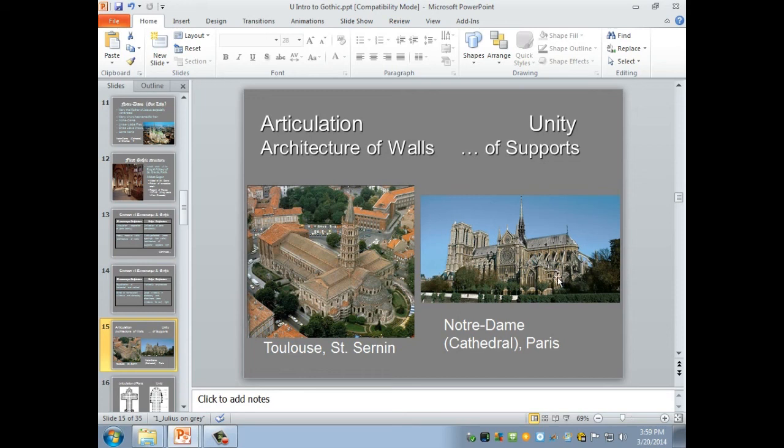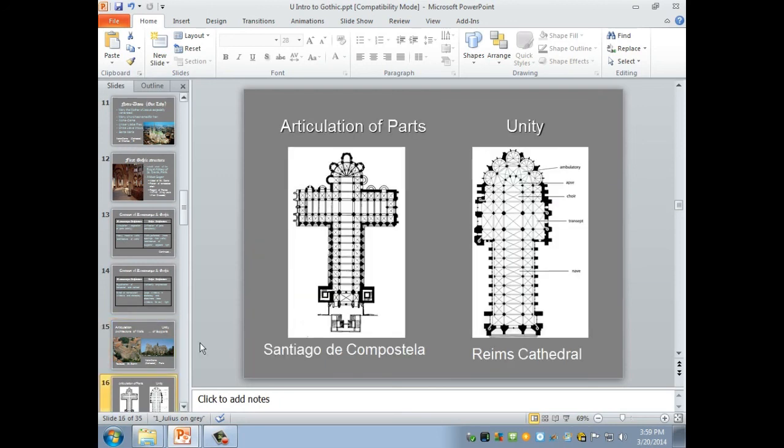When you look at Rheims Cathedral, yes, we said, it's kind of cruciform, but it's like the crossbar has been absorbed into this huge choir. And then if you look at the chapels in the choir, they share walls. They're not completely separate. The wall of one is the wall of the next one. So there's a kind of unity between them.